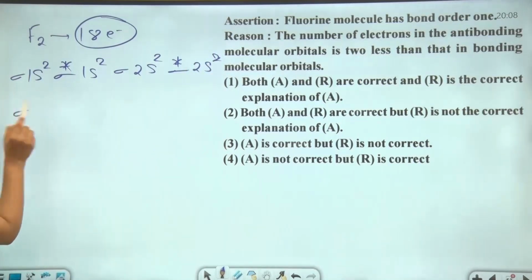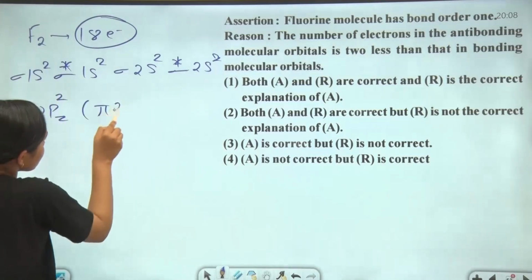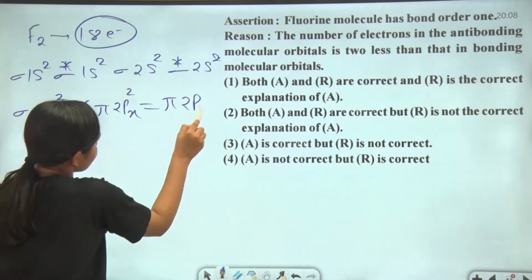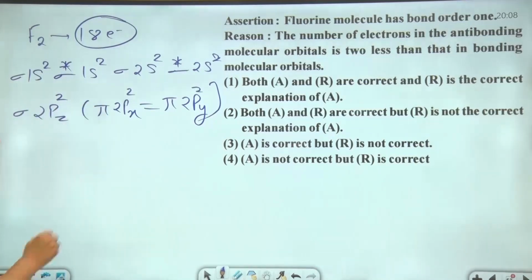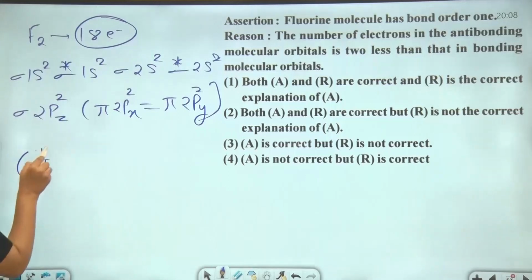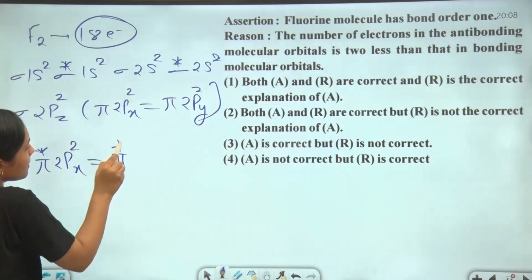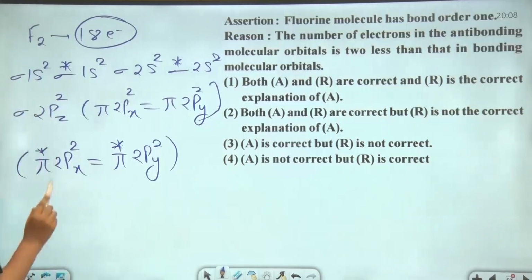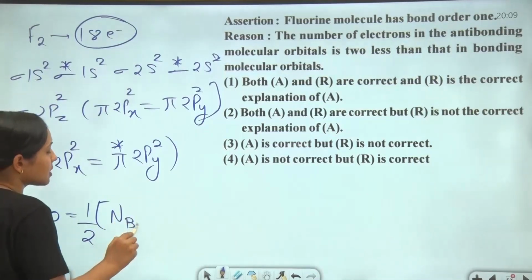then σ2pz2, π2px2 equal to π2py2, right? Then π*2px2 equal to π*2py2, right? Now we have to find the bond order, and bond order is equal to 1/2